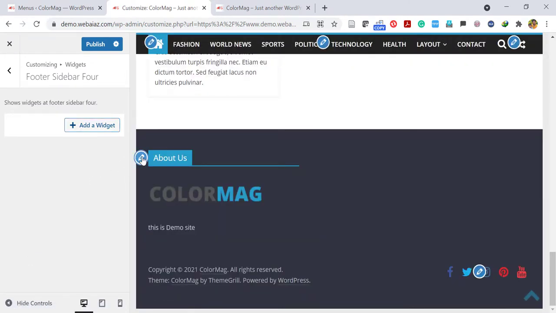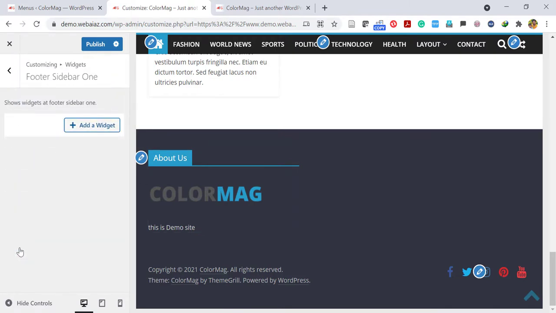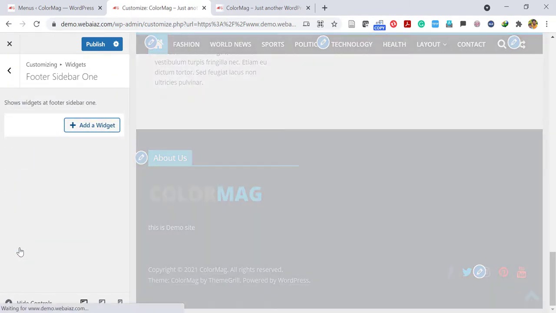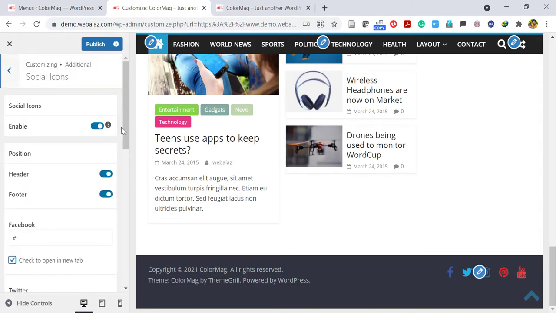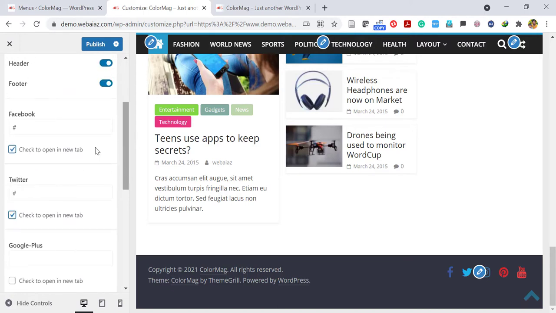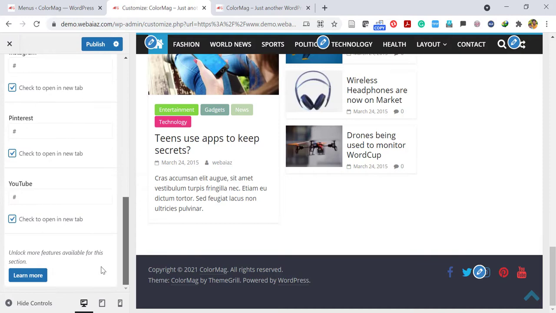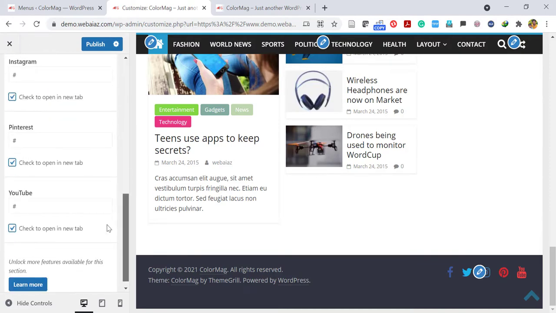If you want to keep the footer menu simple, just remove the logo also. So now it's a very simple footer menu. So if you want to edit footer social media icons as we did in the header menu, just click the edit icon and you can copy paste your URLs of Facebook, Twitter, Pinterest, YouTube and other displayed social media.